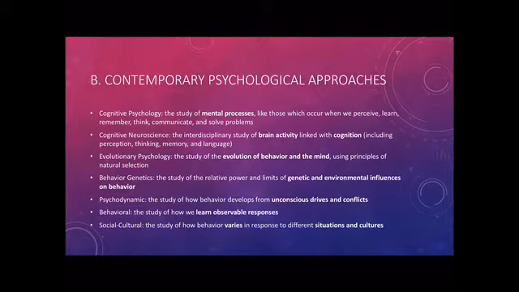Mental processes and thoughts. Cognitive neuroscience, we're going to be talking about specifically brain activity. You will see that word come up over and over in test questions if we're talking about cognitive neuroscience. So anytime you see brain activity, think neuroscience, brain activity. And then cognition is the first part of that, just like in cognitive psychology: thoughts, mental processes.